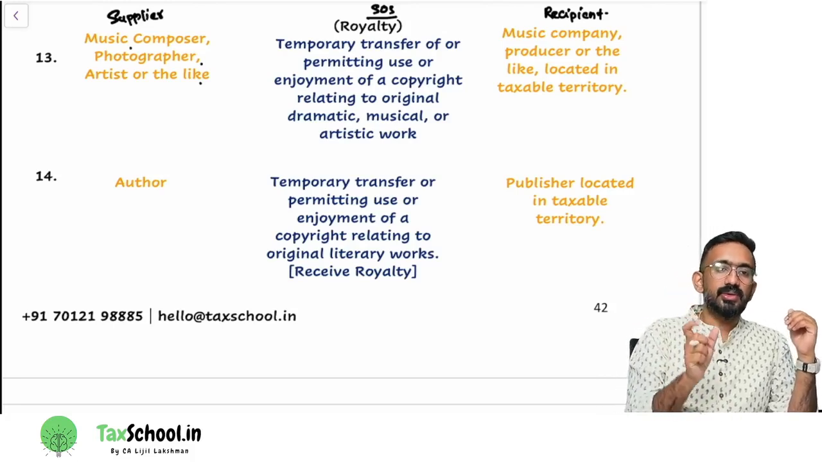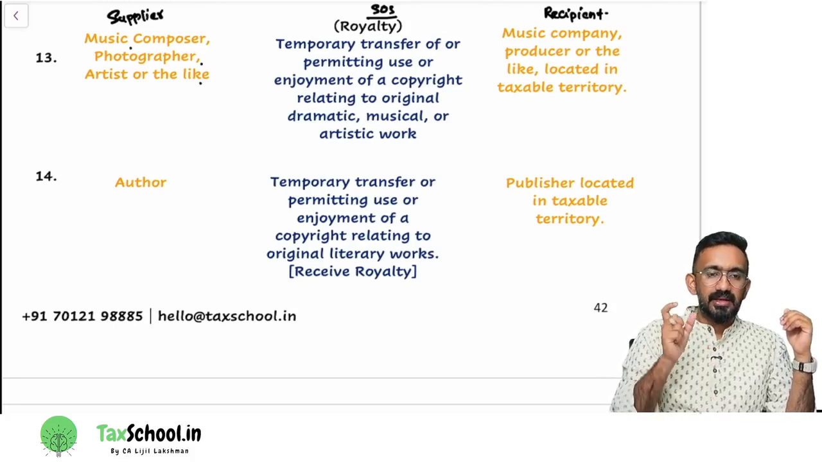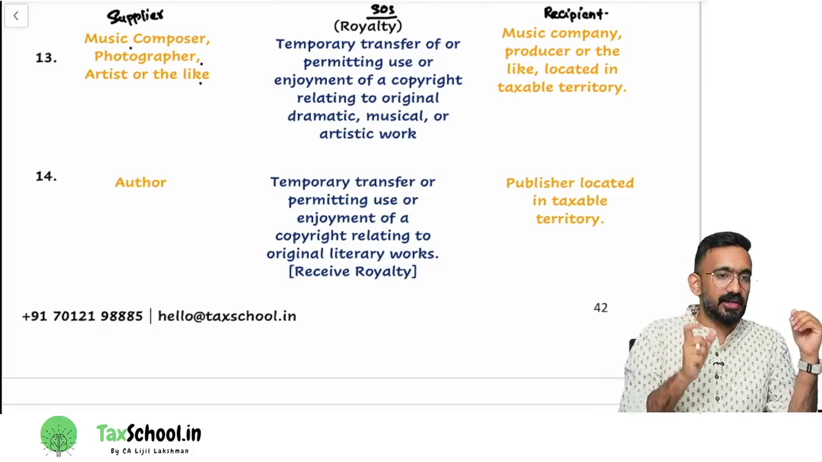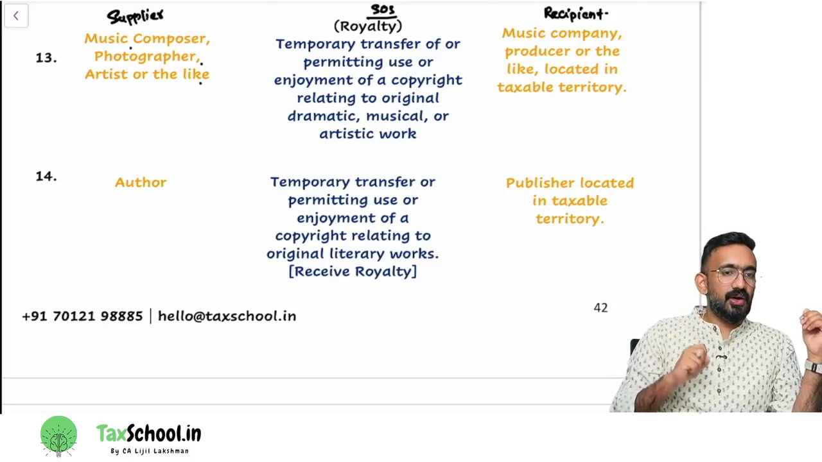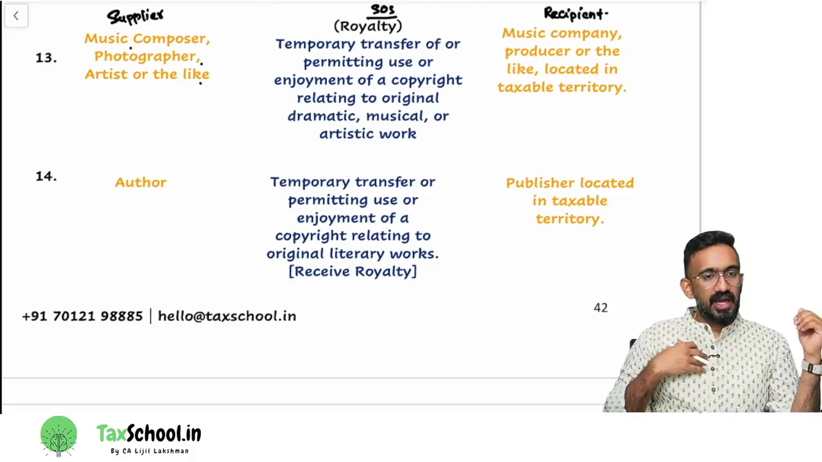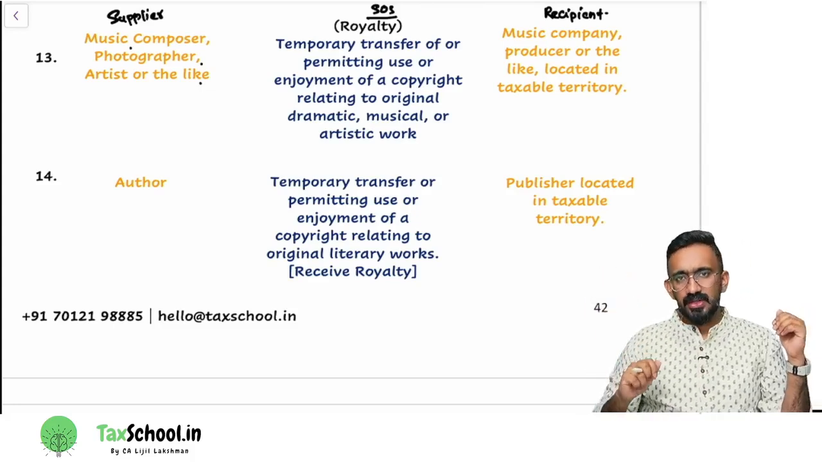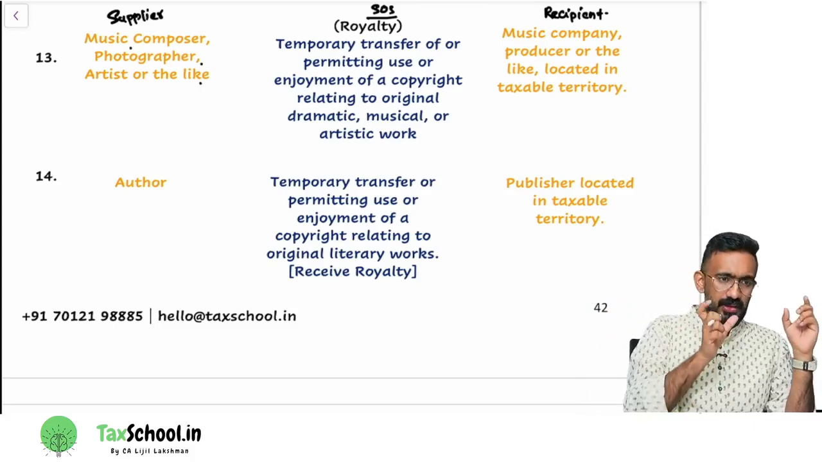Earlier, an author was also doing the same activity. What is that activity? Temporary transfer or permitting the use or enjoyment of intellectual property rights. What intellectual property rights would the author be giving? It is the copyright of his literature content, right? Say I'm an author, I write a book and I ask a publisher to publish it for me. The contract is generally called a publishing contract. So an author like